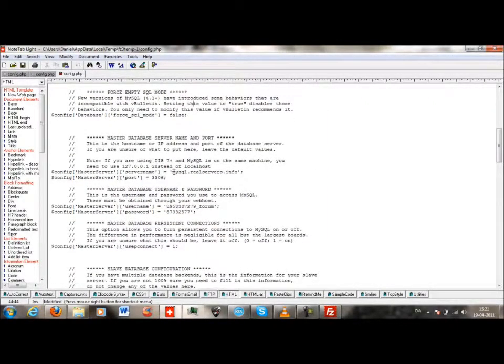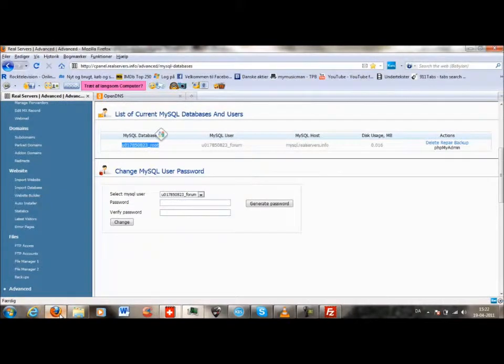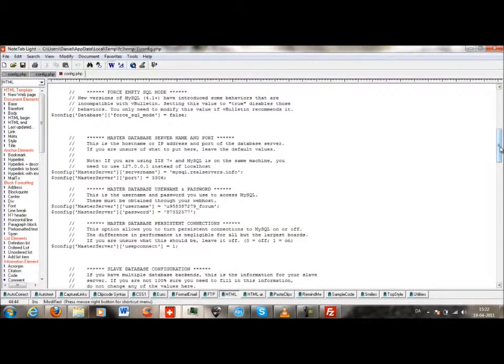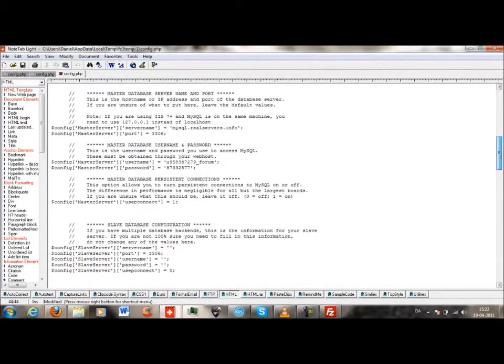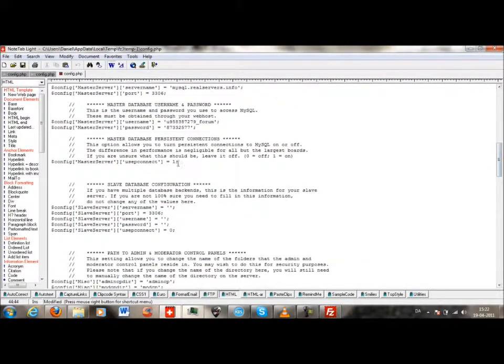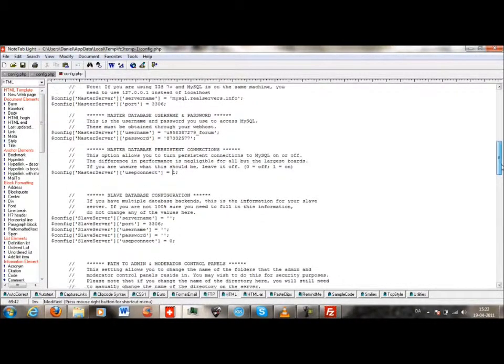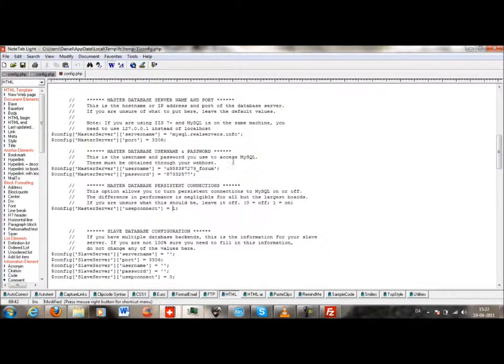and your server name is mysql.realservers.info. Here, the host, and set this to 1. I remember the master database username and password.